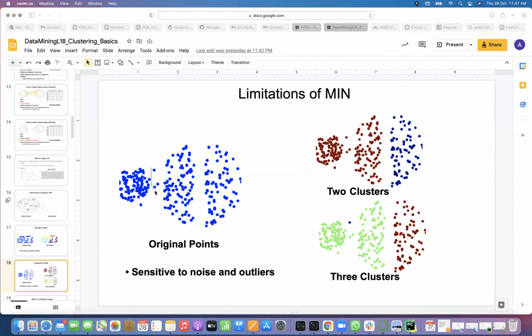These points make these points and these points close, right? First this will be merged with this, then this will be merged with this. This is close to this. That's why this comes into one cluster. So that is the problem. If you have noise, then it is sensitive to noise.